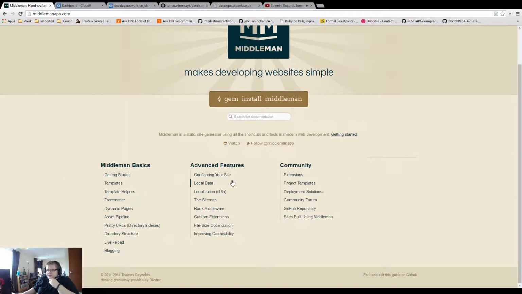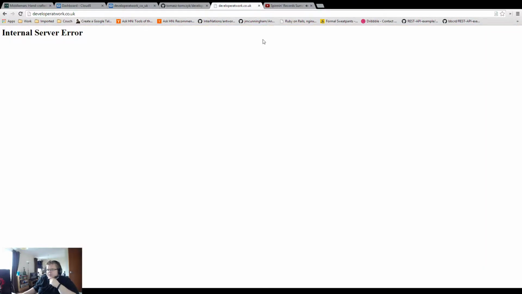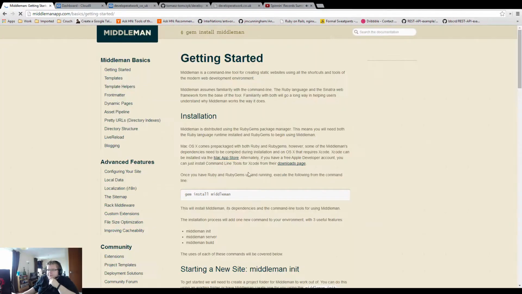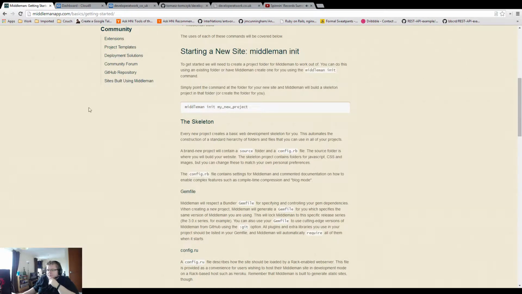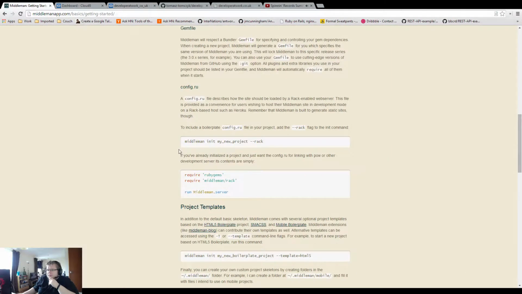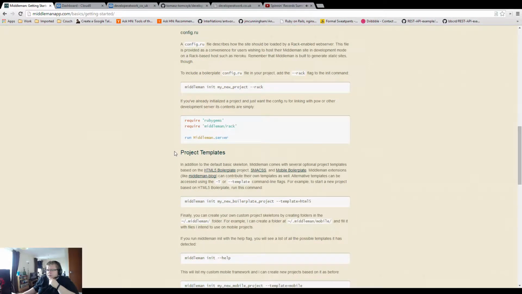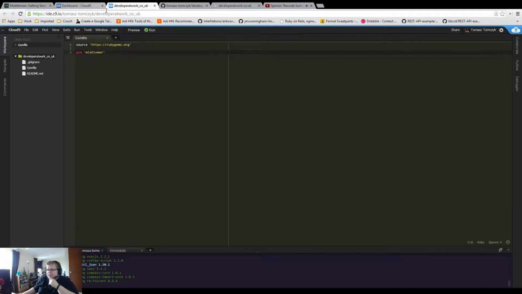Middleman's supposedly quite good for static websites, and that's essentially what developeratwork.co.uk will be. To create a new project with the rack. Still waiting for that to finish installing.